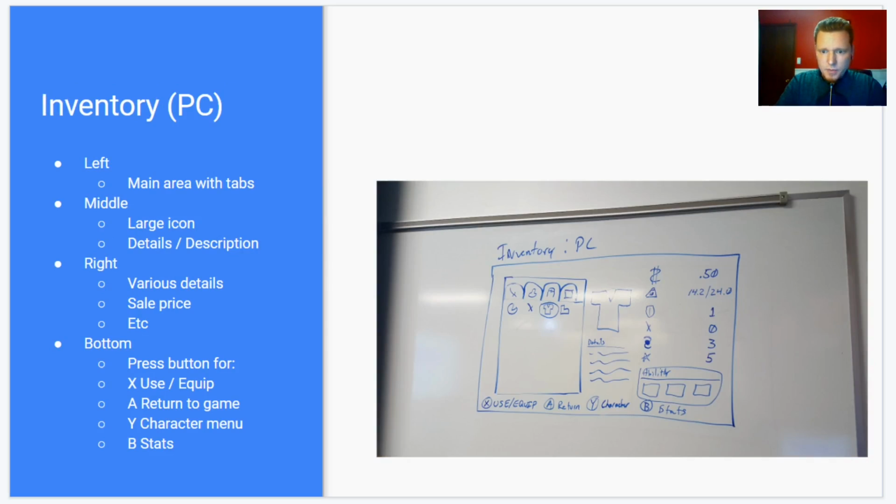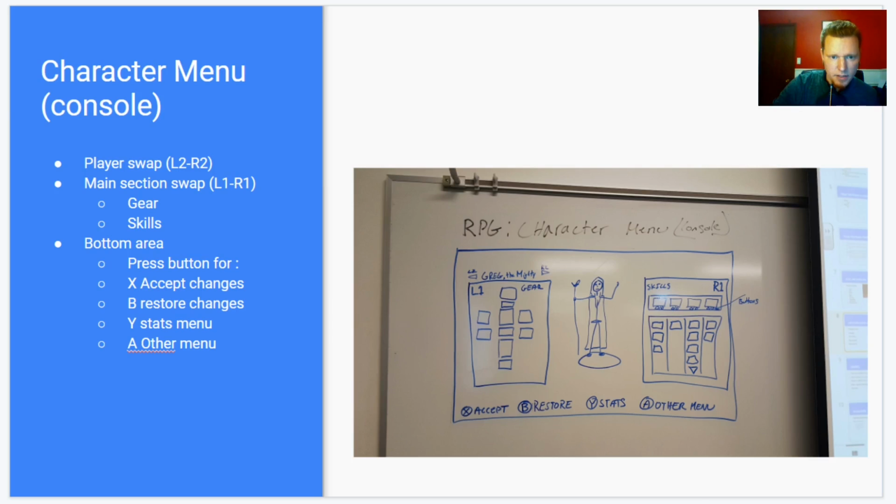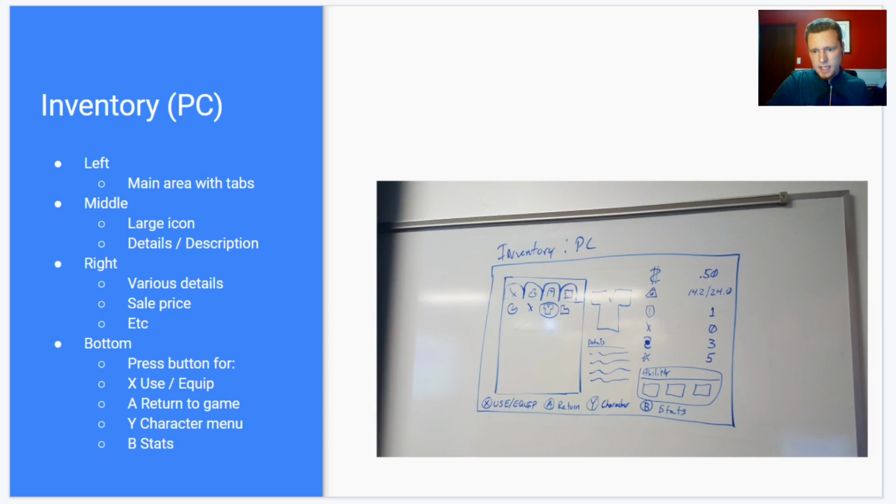Okay, so next one I have, hopefully you can see that pretty well. It's just an inventory and we're making it as if we're on a PC. I think the last one was also on a PC. No, the last one was on a console, of course, because I went on and on about the L2 and the R2 button. So this one's on a PC. We're using the same buttons at the bottom because PC players can use Xbox controllers as well, right? So we're using the same button configuration here, but then everything else on here, we're assuming that they're using a mouse and keyboard. So we're kind of doing two things at once here, but think of it this way,